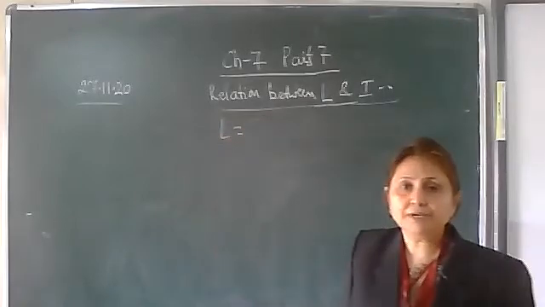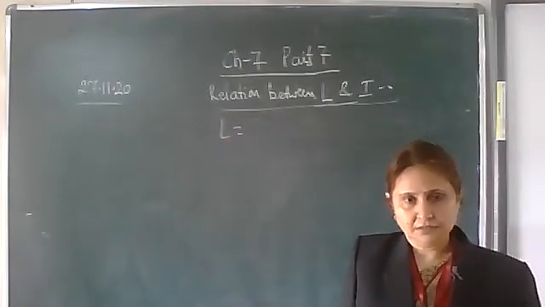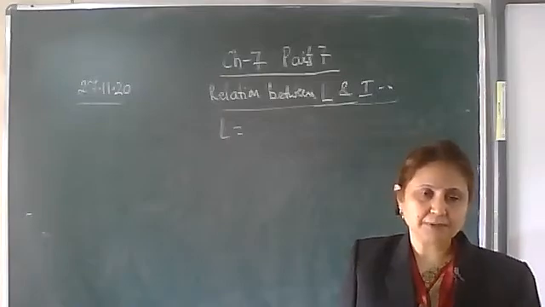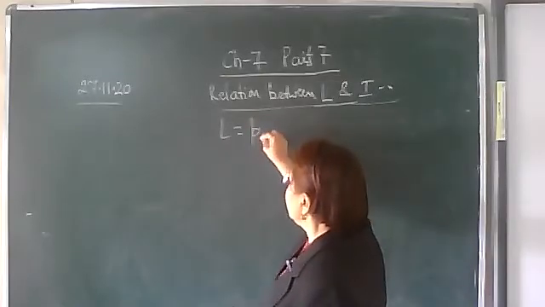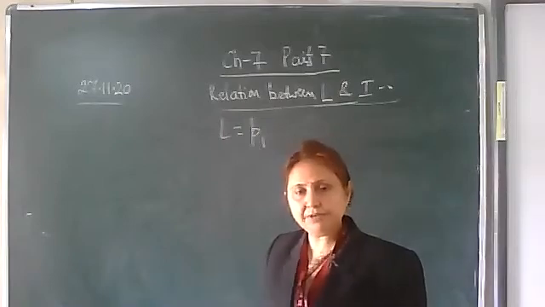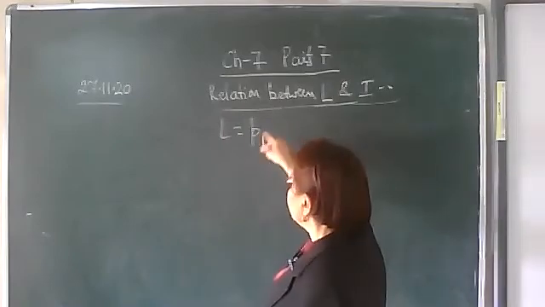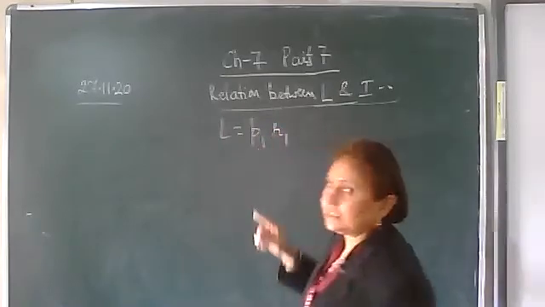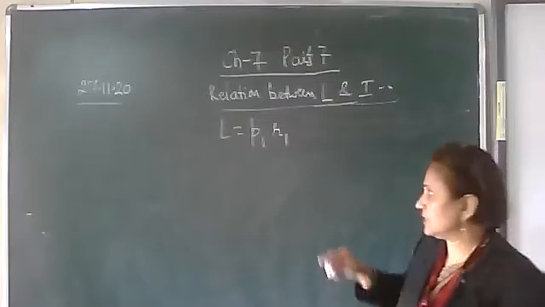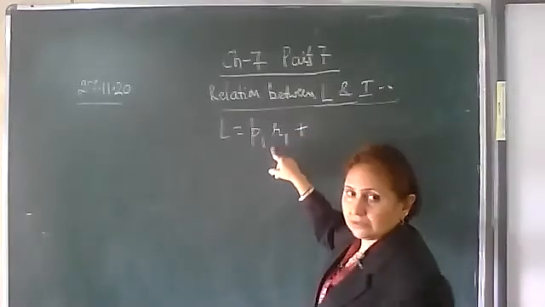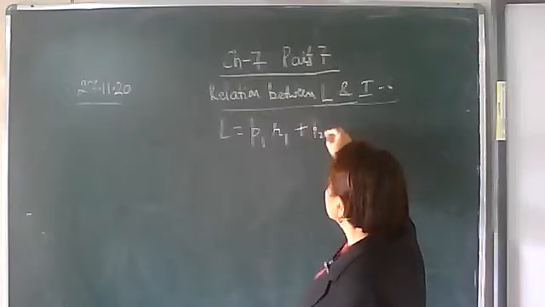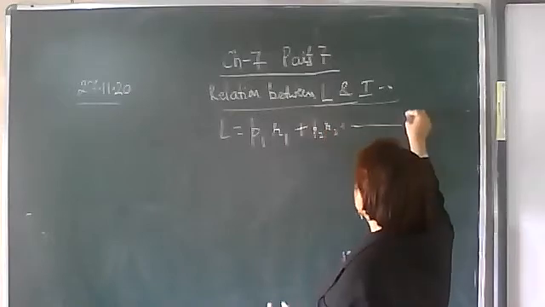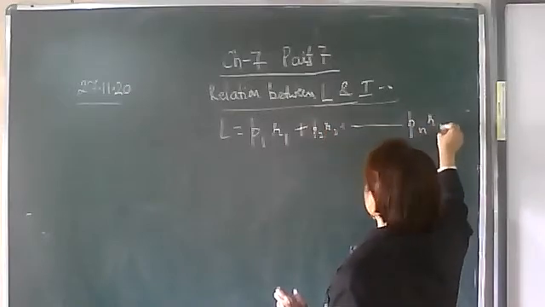The angular momentum of the first particle is linear momentum into the perpendicular distance from the axis of rotation, that is, P1 into R1. The same way, the angular momentum of the second particle is P2 into R2,